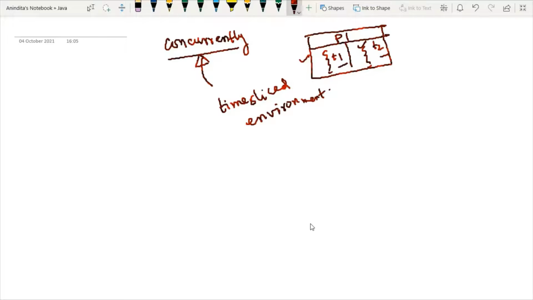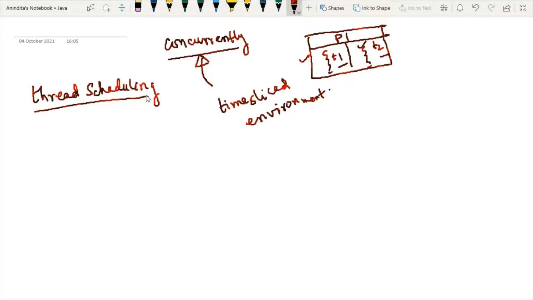Now, what is this time slice environment? We have to understand. Whatever output I am talking about is a classical example of thread scheduling. Now, the biggest question is, what is the concept of scheduling?